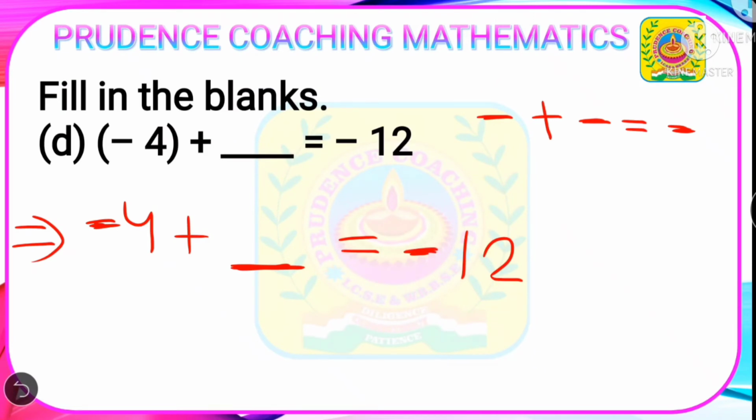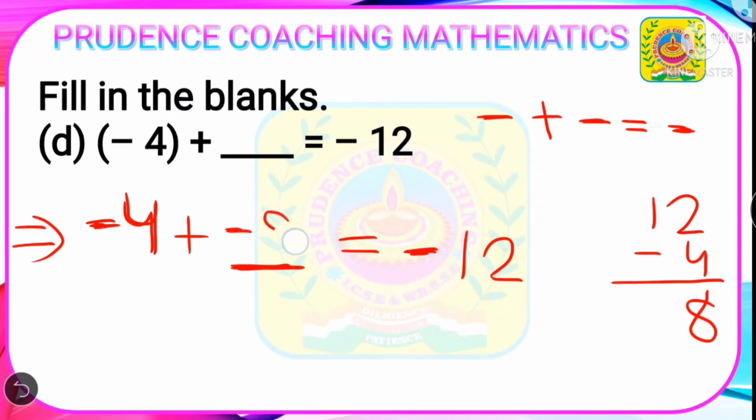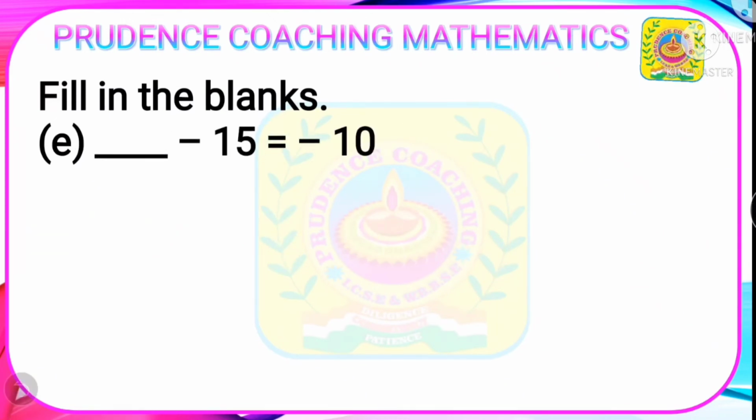But here you need to find a number which is greater than 4, which is given to you. So if we add here, that is 12 minus 4, if you do, you are getting 8. Okay, and now if we add minus 8 with minus 4, what will happen? Minus, here also minus, means same sign. So you will add, you will get here 12, and you need to give the sign of the bigger one, that is 8. So here the answer is minus 8. I think it is clear to you now. Now let us move on to the next one.